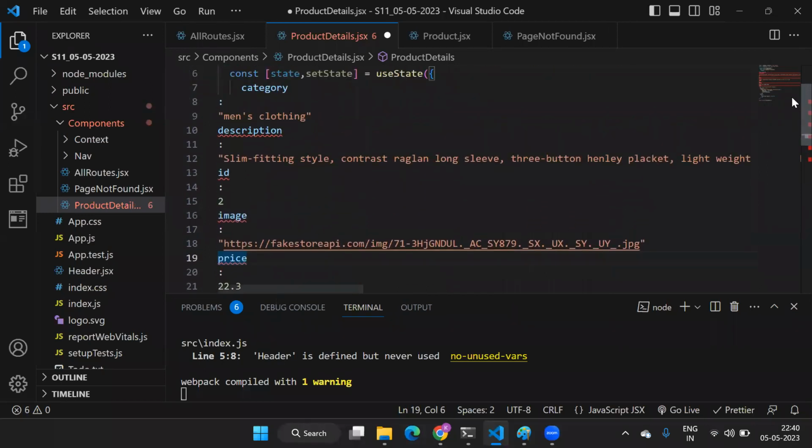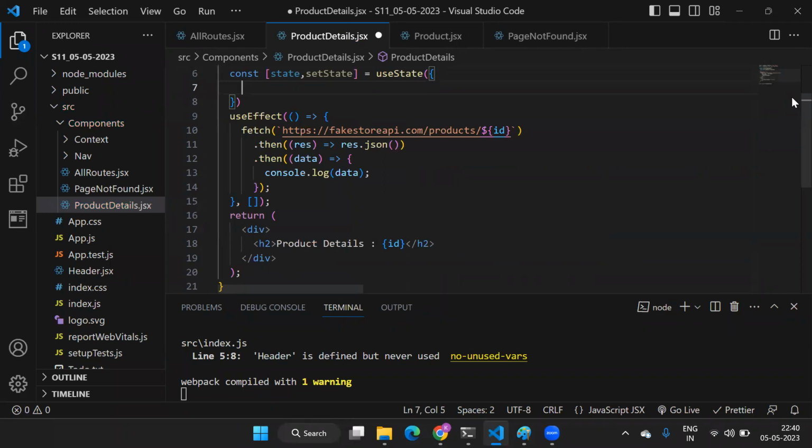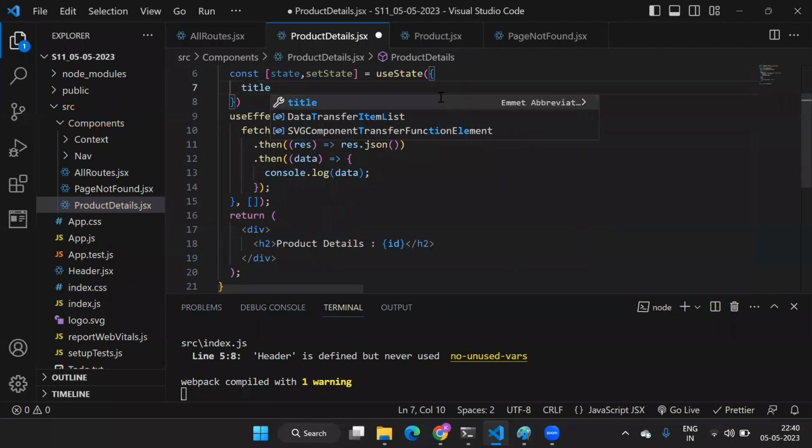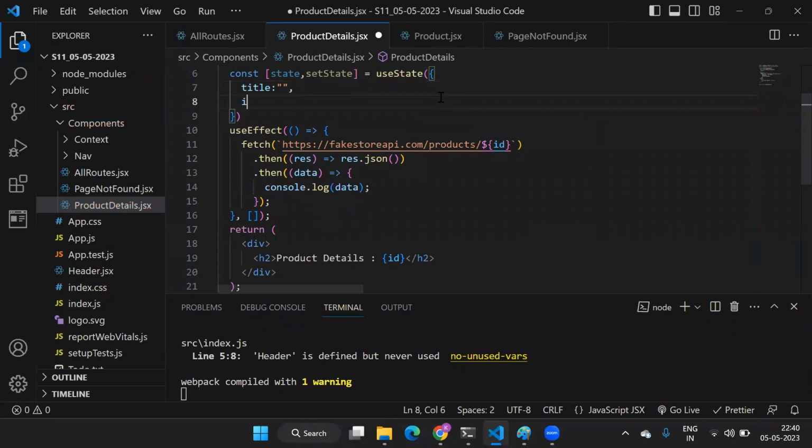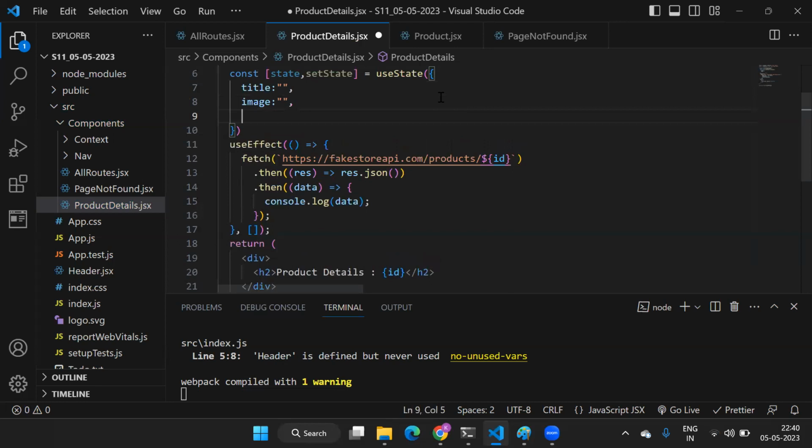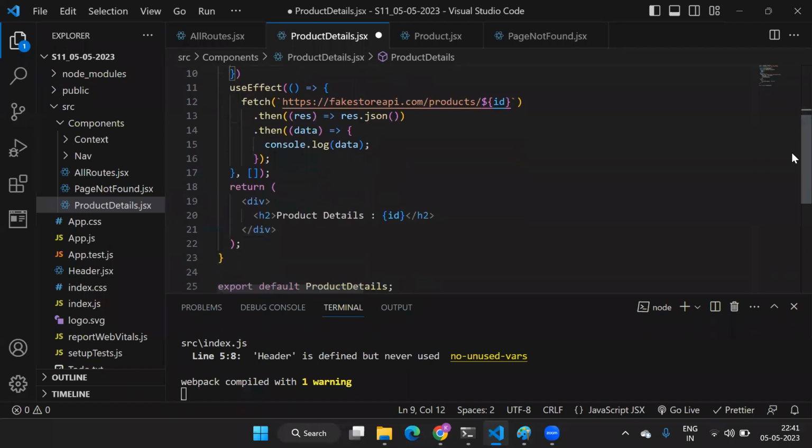Okay, something like this. Title will be empty, image will be empty, price will be empty. I'm just taking 3 properties. You can add all these properties. Now here simply I will say